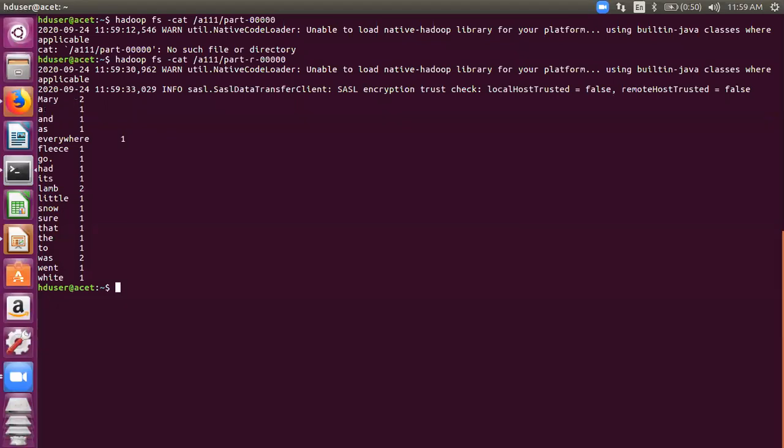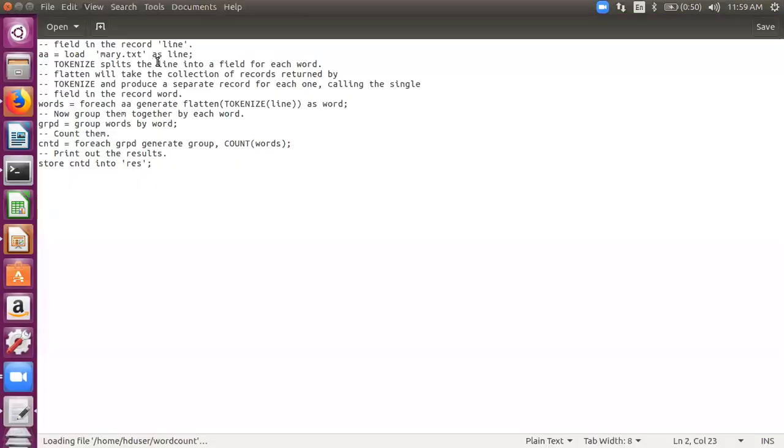Let's now open up the last thing that we do today. I'll just open up this file, word count. The same 5 or 6 lines that I told you. I've again loaded this file mary.txt, and I've used some operators which we'll discuss in our next class to do that word count, just a 5-line program here.